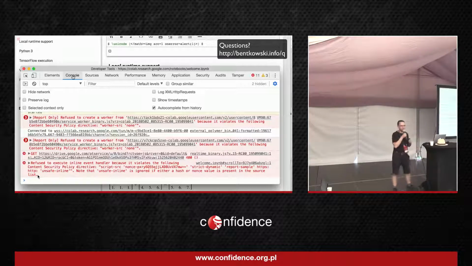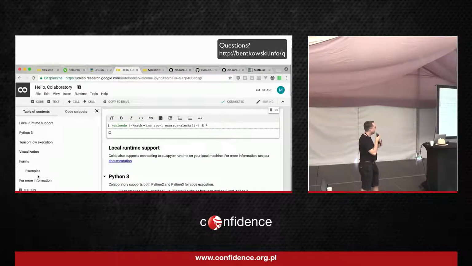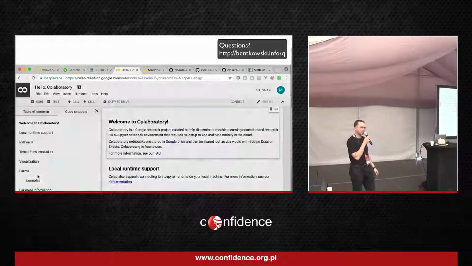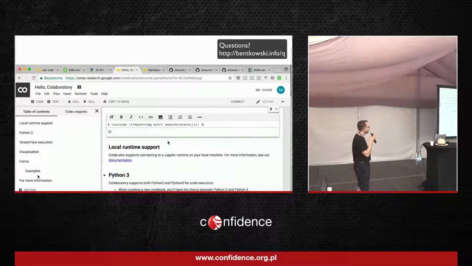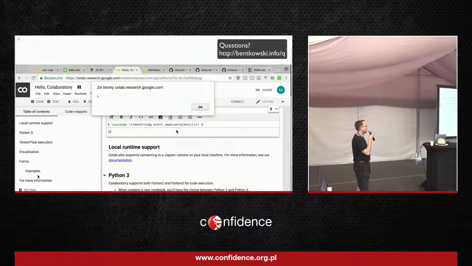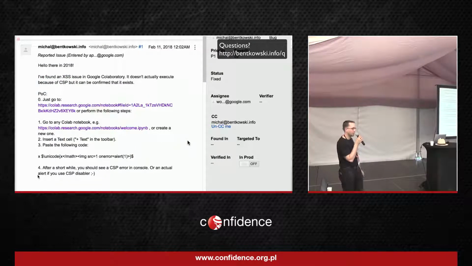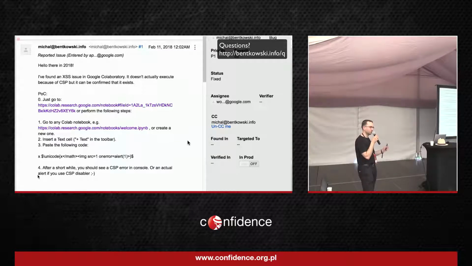However, at this point, I thought that, okay, I just have to make sure that it is CSP that blocks the attack. And I had a browser extension called CSP disable. And as you can see, I was able to confirm that it was actually content security policy that blocked my payload. So I thought that I should report the bug to Google anyway, because there is a content security policy that blocks the attack, but it doesn't change the fact that the XSS is over here.